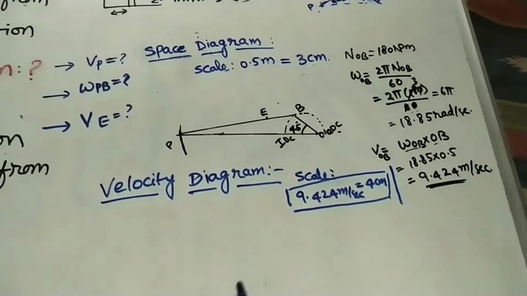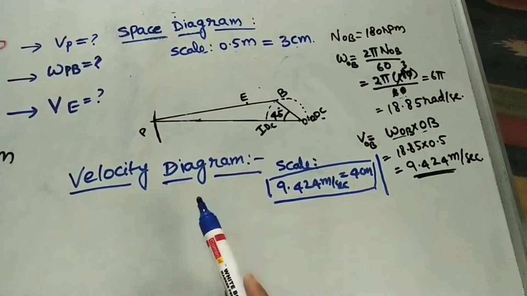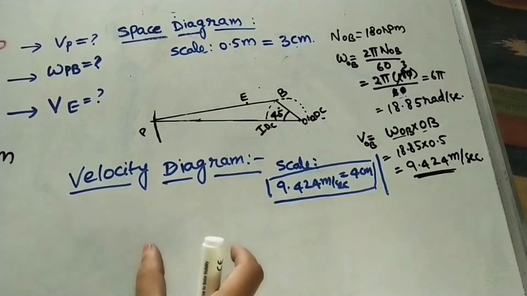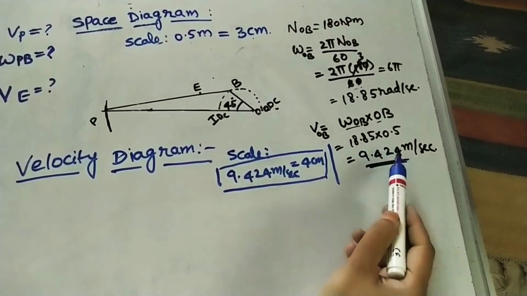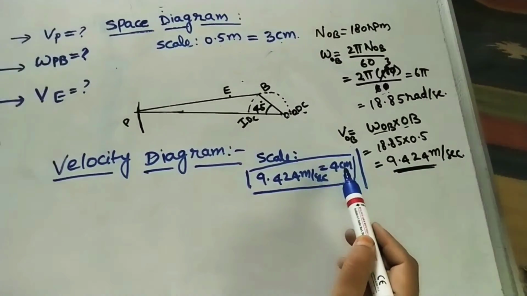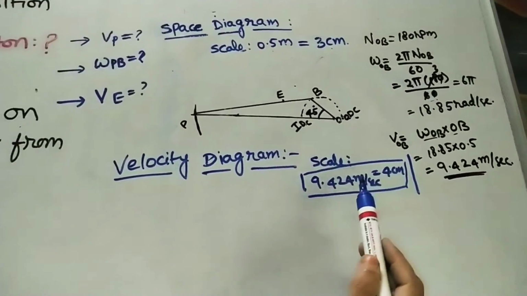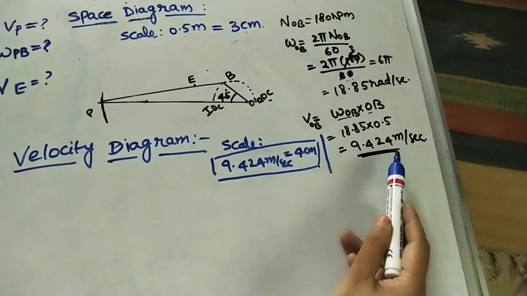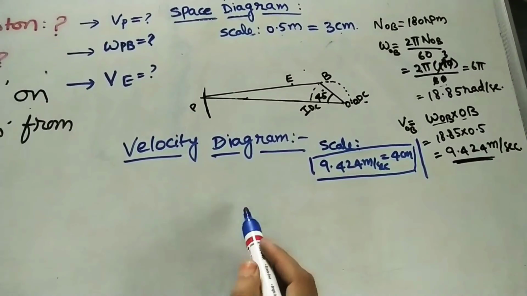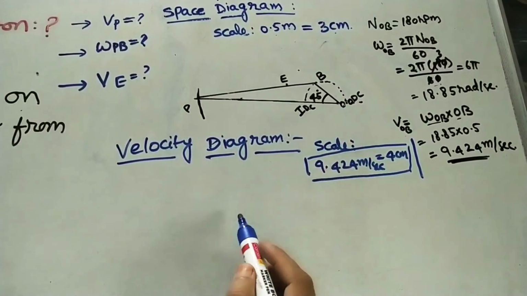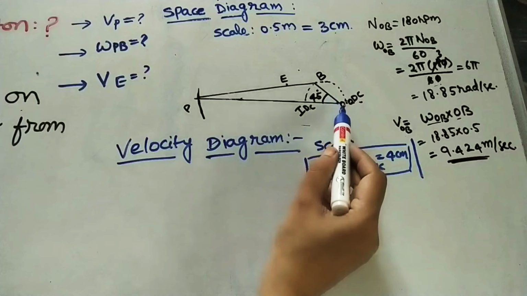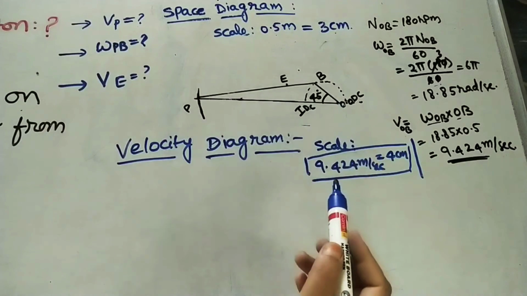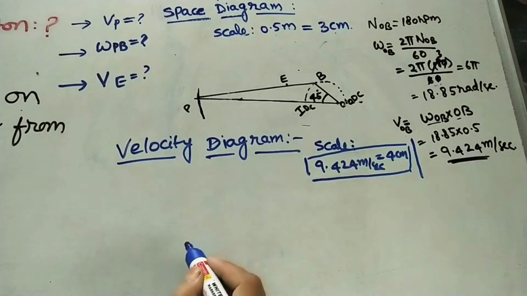For constructing the velocity diagram, we have to take all the lengths in centimeters, but we are getting the velocity in units of meters per second. That's why I am taking this value as 4 centimeters; we can assume any value here. So this is the linear OB velocity. Initially I will mark the O point here. O is a fixed point, and about this fixed point the crank is rotating. A fixed point has no velocity, zero velocity. Any one point I am marking here, I will mark as O.